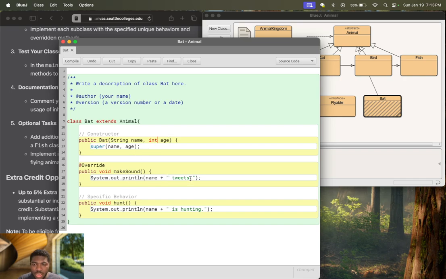Bat, however, does not tweet. I think. Let me go for screech or scream, whatever it does. Screeching, I guess. Or screeches. I don't know. I'm just trying to be creative here. And then so this